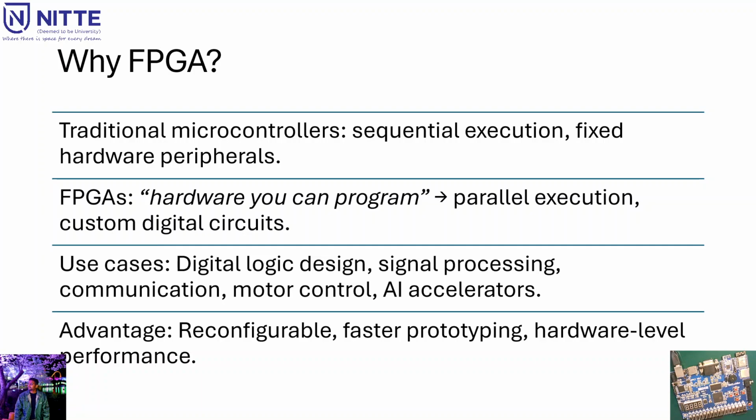Why do we need to go for FPGA? Many of us have already started using microcontrollers. What we have observed is that in a microcontroller, the execution structure is sequential, it executes line by line. The problem with executing line by line is, if you want to do some parallel operation, usually in the microcontroller, we will use a priority based